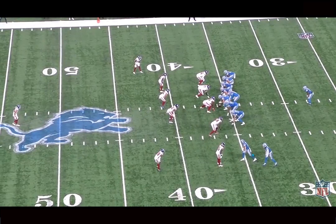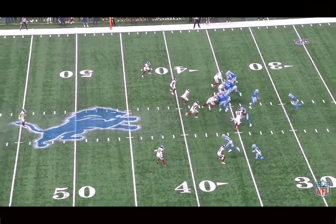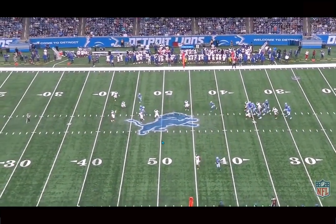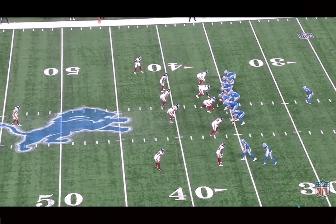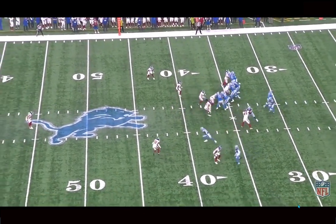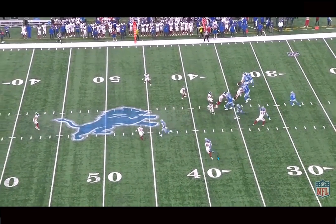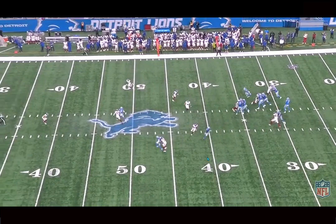Here we have Banks matched up at the bottom of the screen. He's going to be matched up here on the guy who's a little bit behind the little stack right there, Jameson Williams again. He does a good job with his footwork, with his positioning. He helps create this interception just based on his good play here. Good feet. He gets slightly out of position right here, but then readjusts, gets physical. He's able to just recover super quickly and then